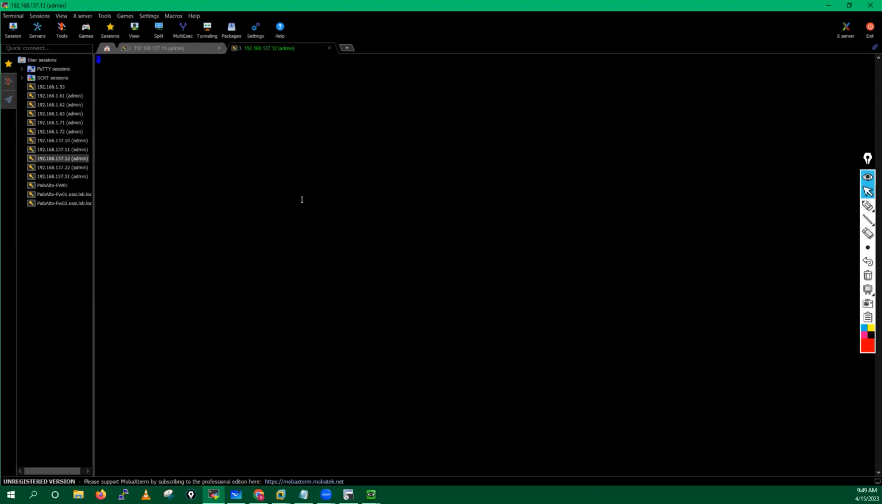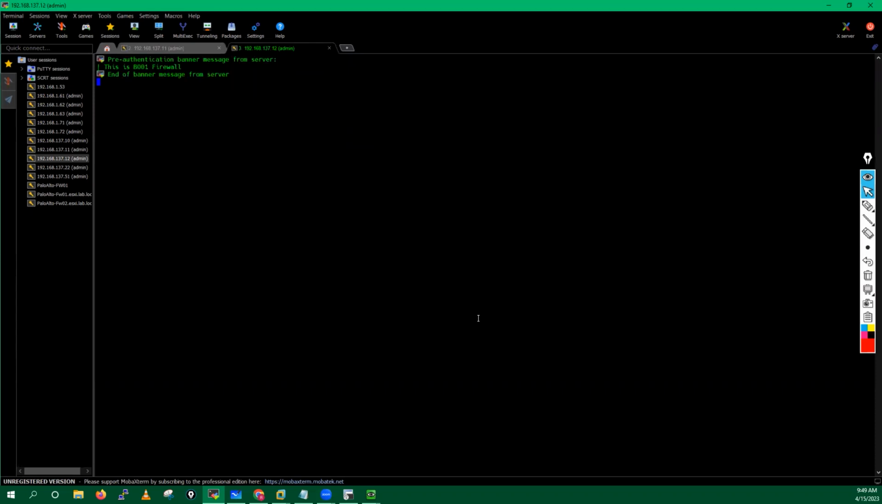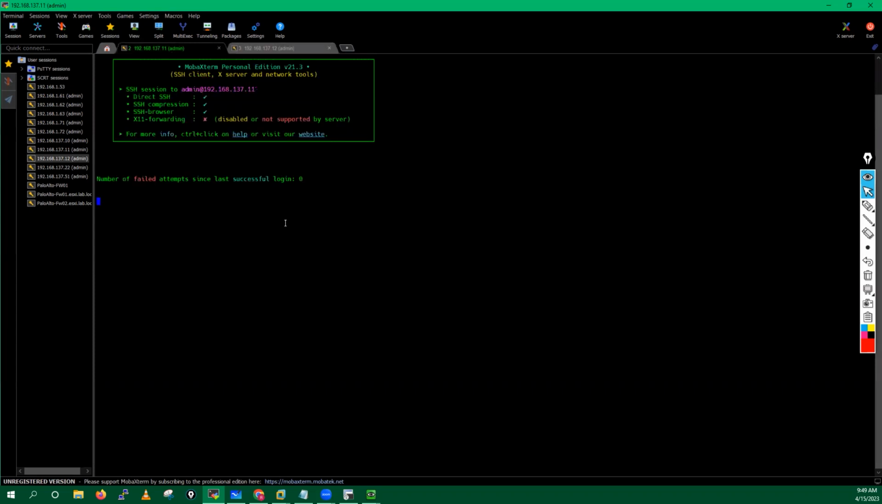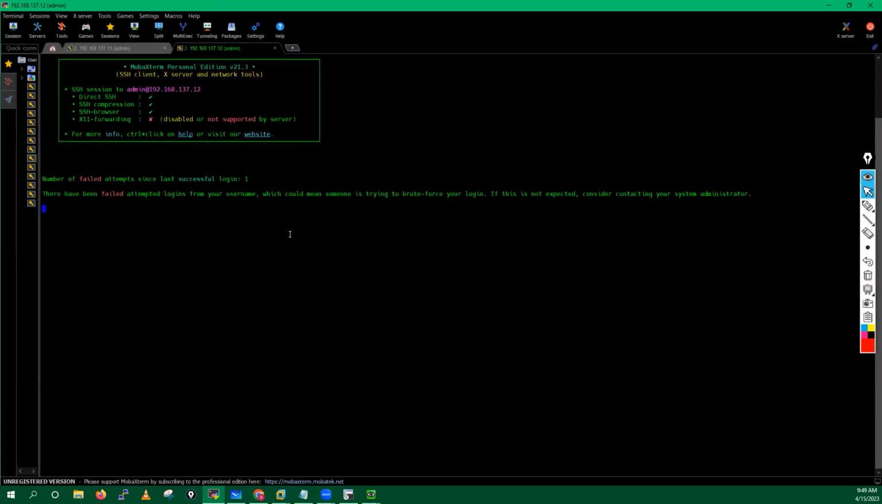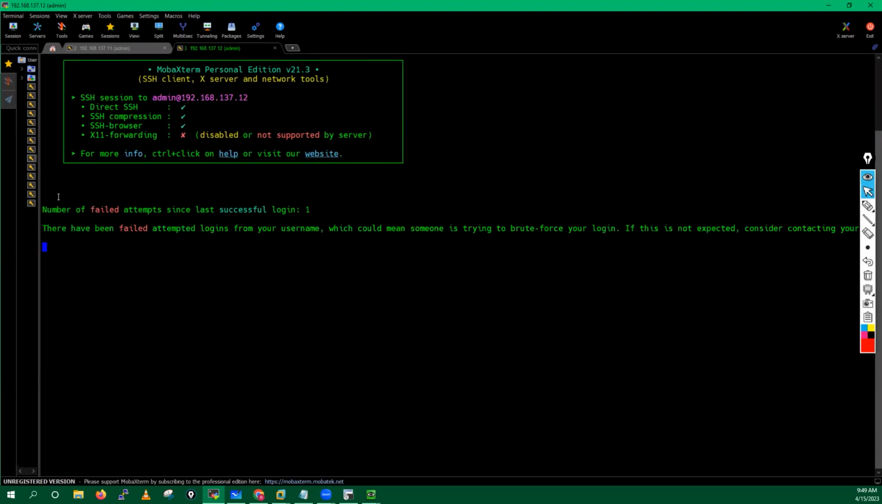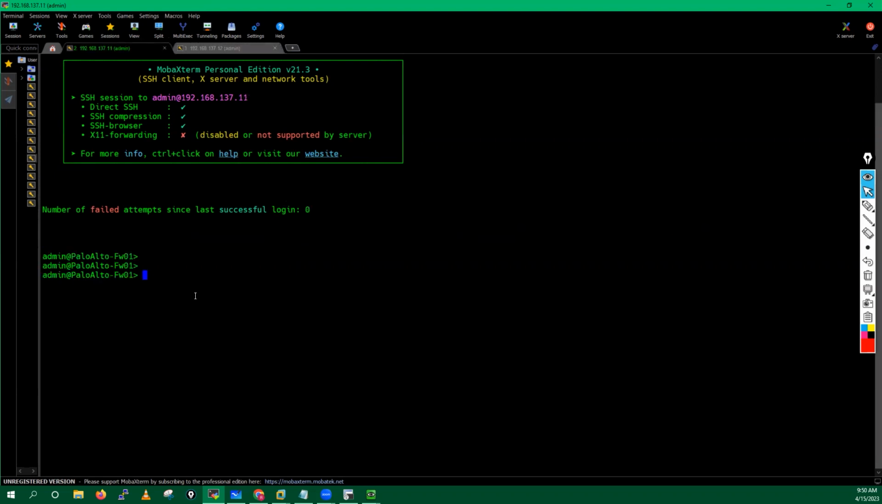Let's wait. Accept the SSH key. And in some time you will be able to see the things here. Okay, now